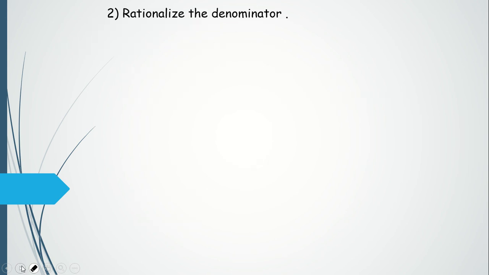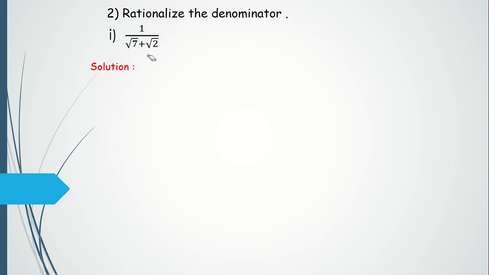Now rationalize the denominator. Rationalizing is what we have done in the previous practice set also. Rationalizing means getting a rational number in the denominator. That's it. But the only thing here would be, earlier we only had one type of surd, but here we will have a binomial quadratic surd to rationalize. So how do we do that? Let's see.